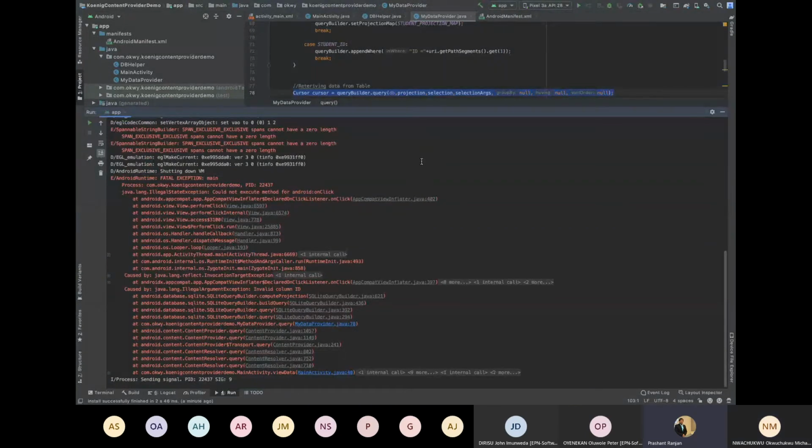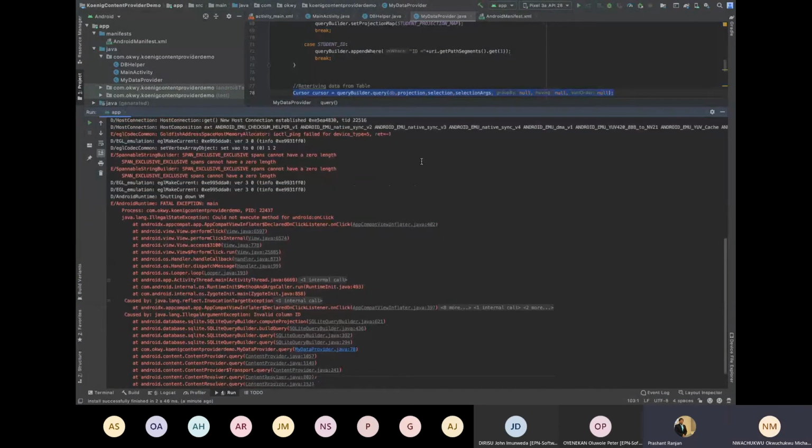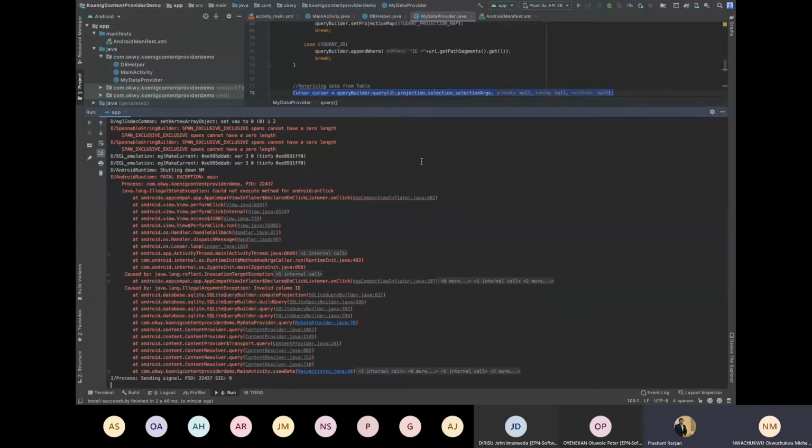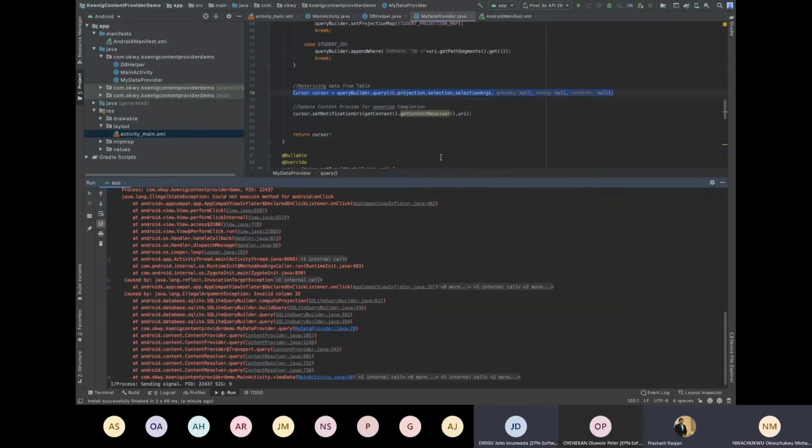So in the view data part, it is saying invalid column ID. Why this invalid column ID? Have you used the ID column? Yeah, I think so. Go for DB helper once.